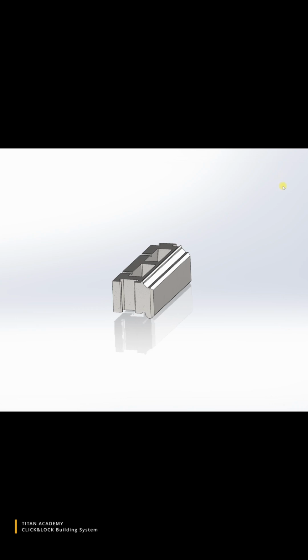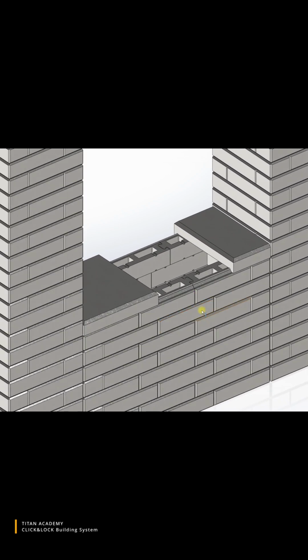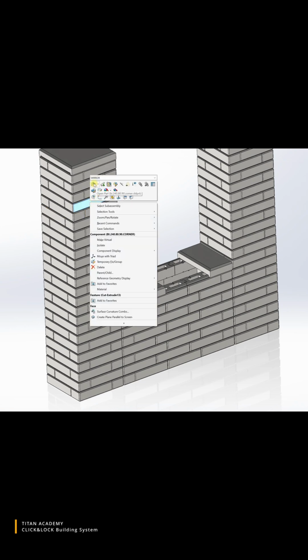Okay, this is the main brick, and here you can see how bricks are connected in this system. Okay, to connect these bricks in 90 degrees,